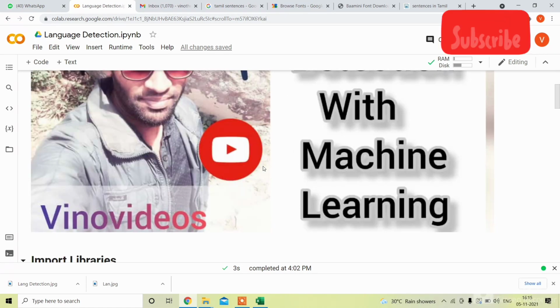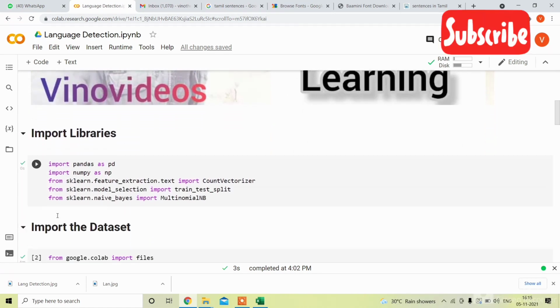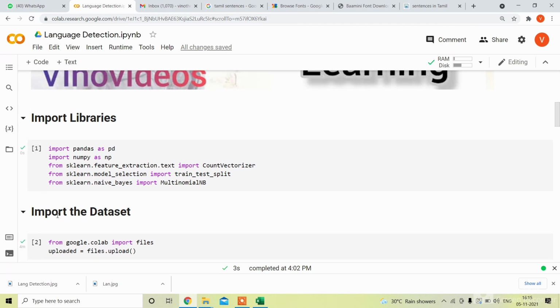The first step is to import the libraries. First I'm going to import pandas, which is used to load the dataset, and the next library is numpy, which is used for array operations. In this project I'm going to use a new term called CountVectorizer, which we use for feature extraction. We will discuss what it is.